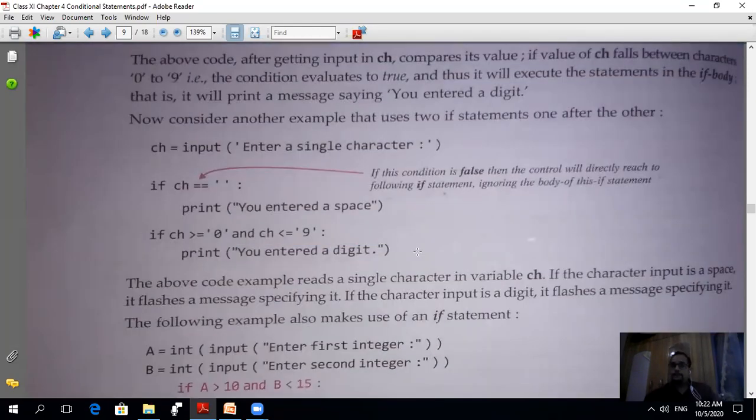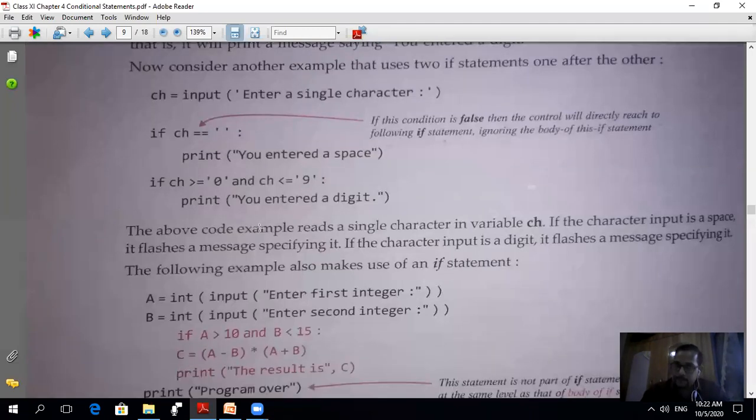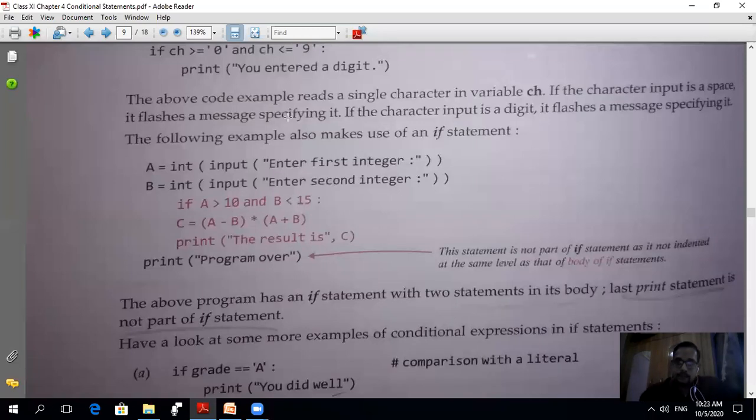Or suppose you are giving a character like a. So a is equals to space, no. a is equals to 0 to 9, no. So that time it doesn't display any kind of message, कुछ भी नहीं आएगा स्क्रीन पे. जब दो कंडीशन होंगी तभी हमें आउटपुट मिलेगा, अदरवाइज आउटपुट नहीं मिलेगा. देन लुक दिस